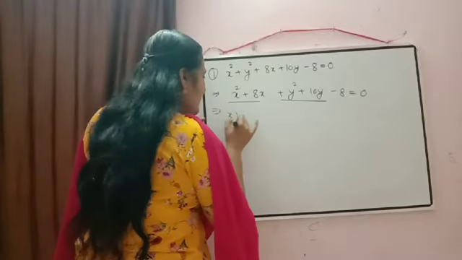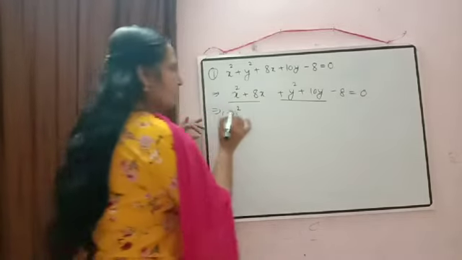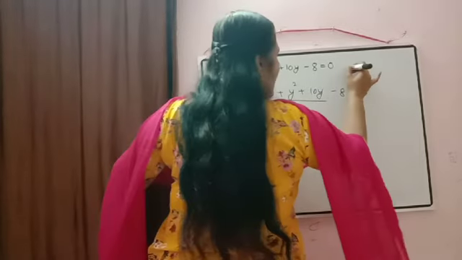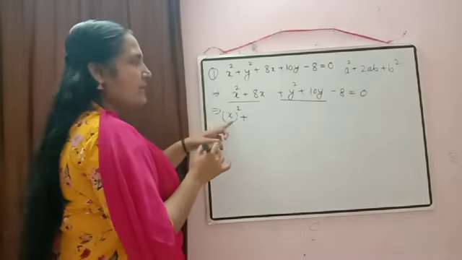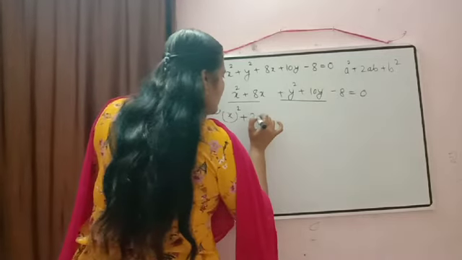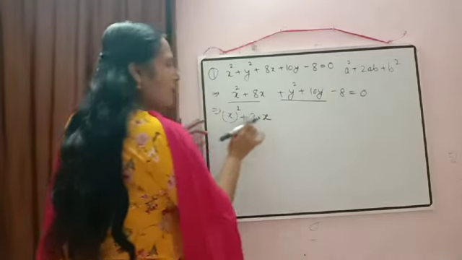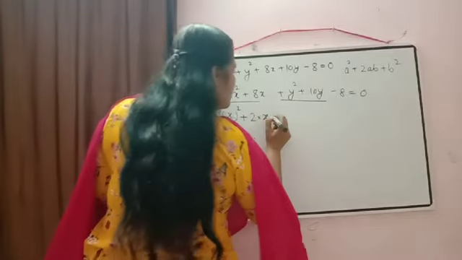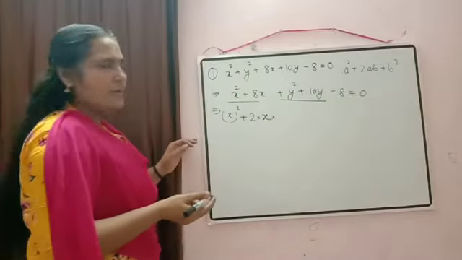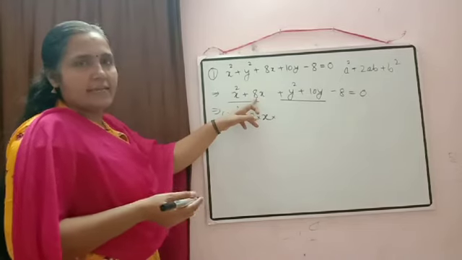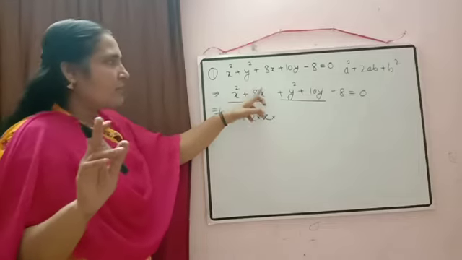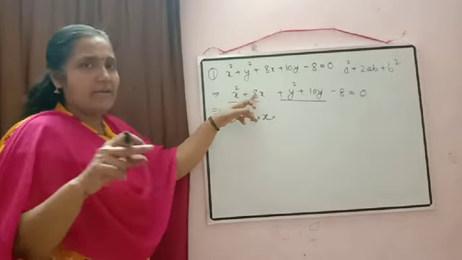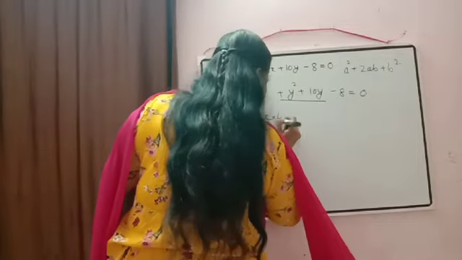So first one, x square can be written as x the whole square plus, we know according to the identity, it will come in this way: a square plus 2ab plus b square. So a square, that we got x here. Then 2ab, 2 into x, in place of a already we have x. Now what should be the value of b? For that you just check this one. What is here? 8 divided by 2. What will come? 4. So that will be the value of b. Whatever is the coefficient of x divided by 2, then we will get here b.